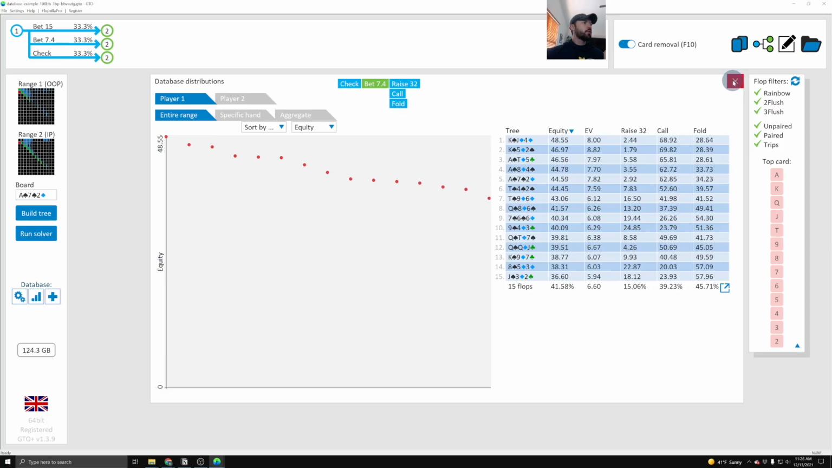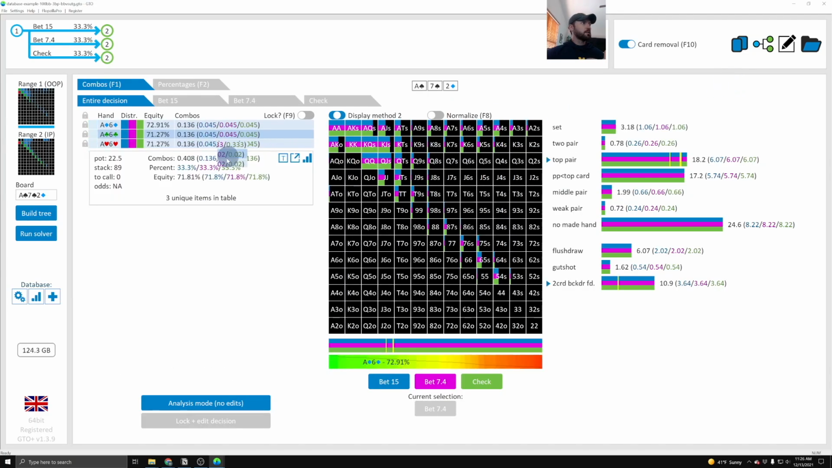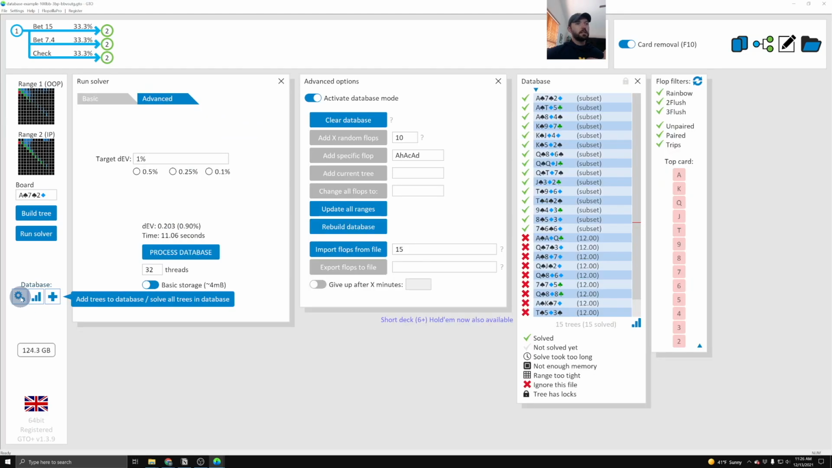The one thing to note here with database mode is, and I'll go back to my database mode here again, I've chosen to look at things through basic storage. If I wanted to process all of this through the database mode, the extensive storage actually is going to take a lot, because all of these boards are now going to require extensive storage. So what this means here is that this database itself that I've solved this through is only storing flop data,